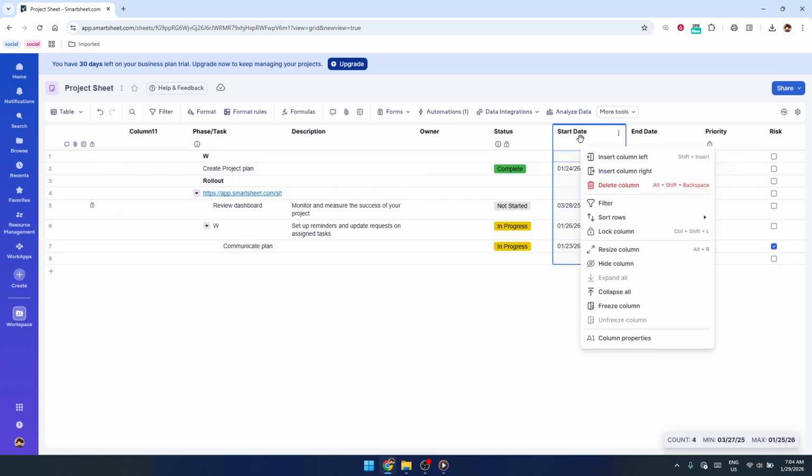This opens a context menu with several options specific to that column. From that menu, look for the option labeled Sort Rows and click it. This is the dedicated sorting tool for that column, and using it helps you avoid accidentally sorting by the wrong field. When you click Sort Rows, Smartsheet will open a small sorting window that lets you choose how you want